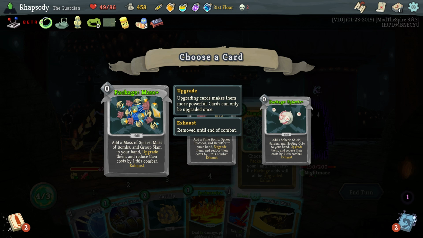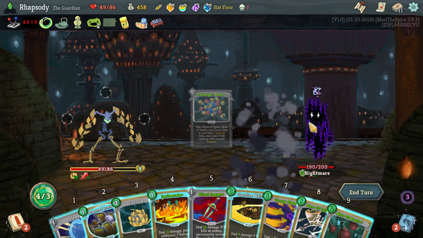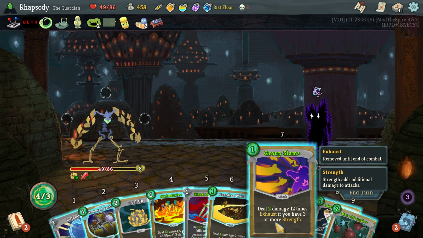Massive spikes, massive bombs, group slam. Well, the enemy does do some really ridiculous multi-attacks here, so let's actually do that. Massive bombs. Exhaust if this created 2 or more time bombs. Yeah, okay, fair enough. So it has been nerfed since last. In each empty stasis slot, place an upgraded time bomb there. Exhaust if this created 2 or more time bombs. Exhaust if you have artifacts, so you can't just stack thorns from massive spikes. And group slam, exhaust if you have 3 or more strength. Alright, well, we only have 1 strength right now, so...